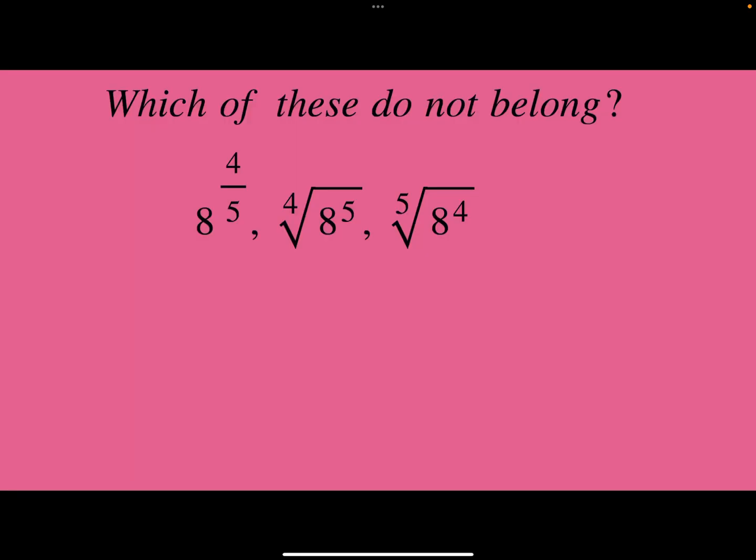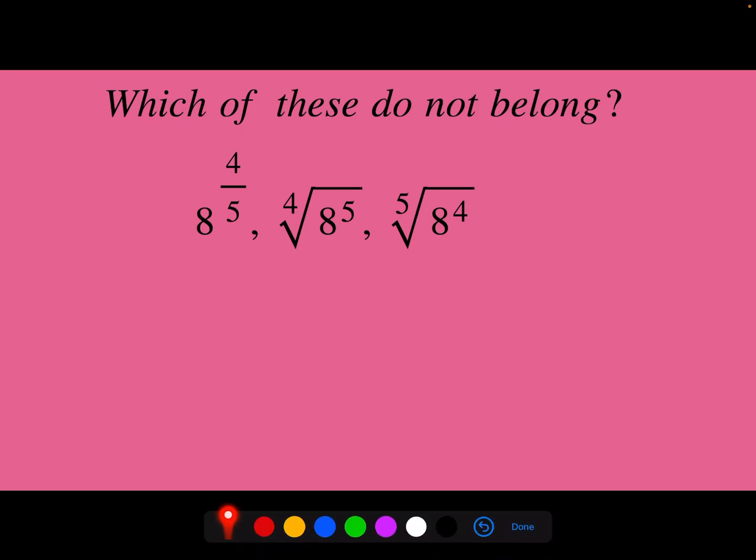Rational exponents. So we want to see which of these don't belong. And so what we're going to notice here is just saying, hey, what's going on? When I look at this, these two can't be the same because the numbers are in two different places. So this one is going to be equal to this one or this one, and we've got to figure out which one. We learned last time with the notes that anytime there's a fraction,